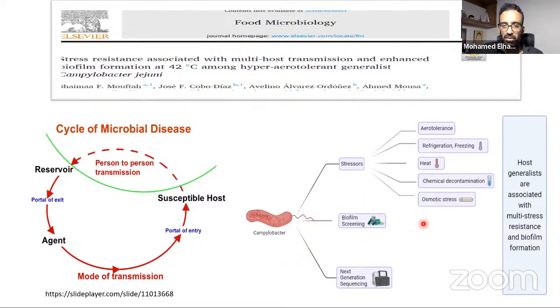And we also characterized the biofilm, which is an extracellular matrix produced by the bacteria that makes it more resistant to antibiotics and also to stress conditions. Our hypothesis is that we studied the bacteria and sorted them according to oxygen tolerance. We named them host generalists, by which I mean the clones that can infect different reservoirs. These are two expressions we use in microbial ecology. Host generalists have broad reservoirs, a lot of reservoirs, yet host specialists can only infect one reservoir. And this is by the clonal dissemination success that I mentioned earlier.